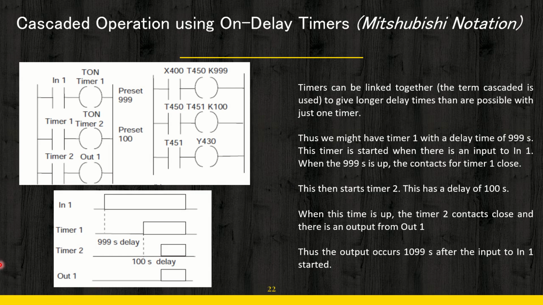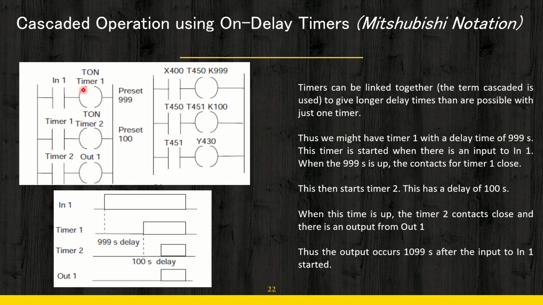Next comes the cascaded operation using on delay timers. Using cascaded operation, you can generate very long durations, very long delay values. Now you can see this cascade operation is nothing but cascading or linking one timer after another. You can see this is timer 1. The contact of timer 1 is given to timer 2. The contact of timer 2 is given to the output. So when you put this switch on,